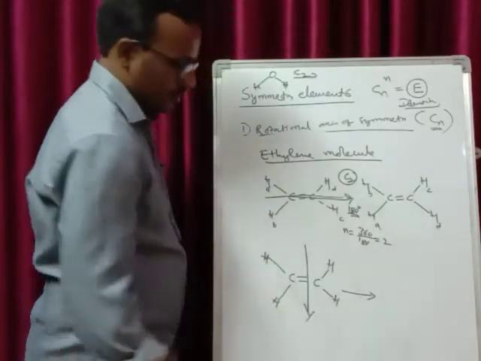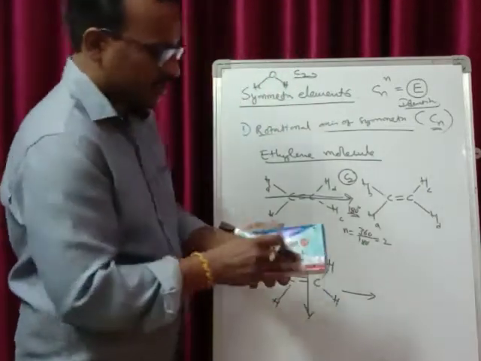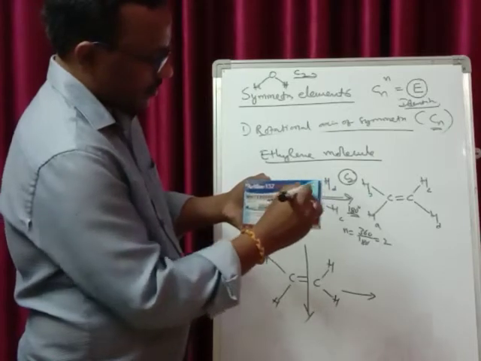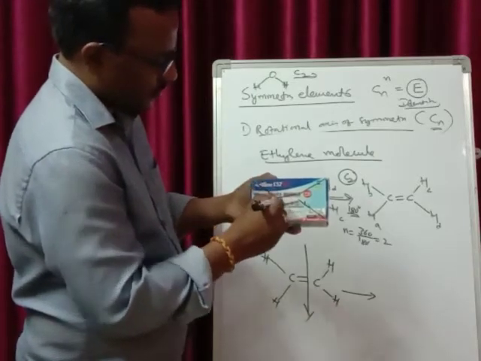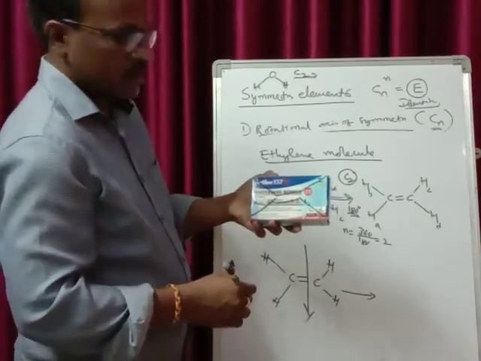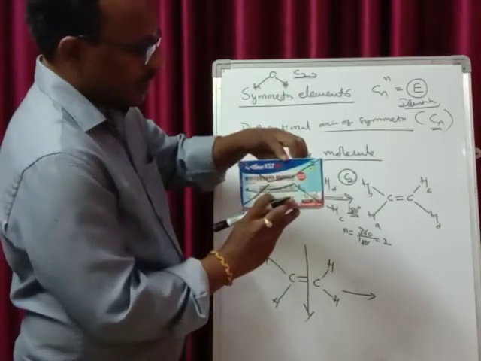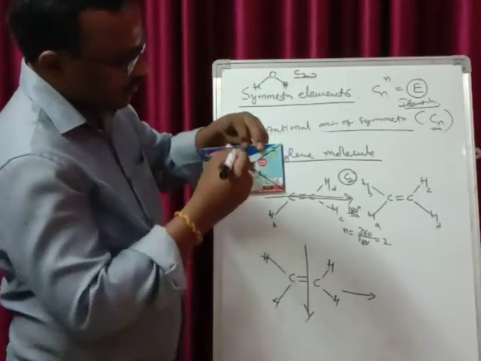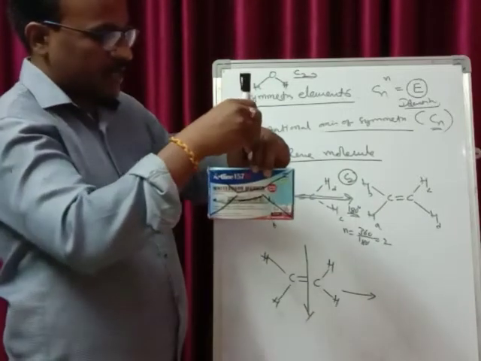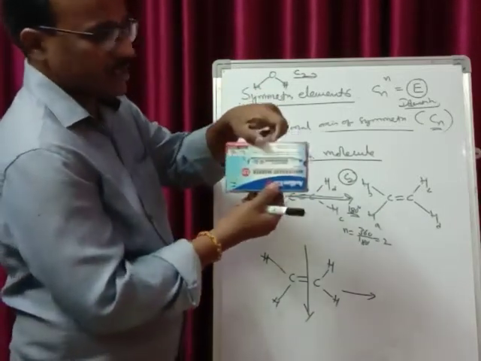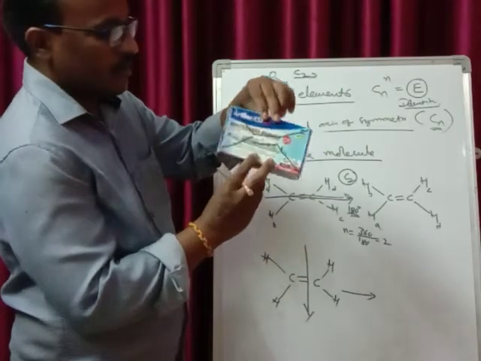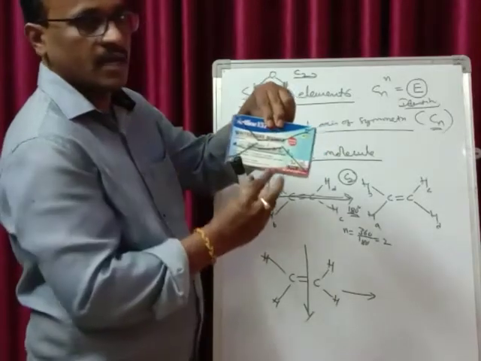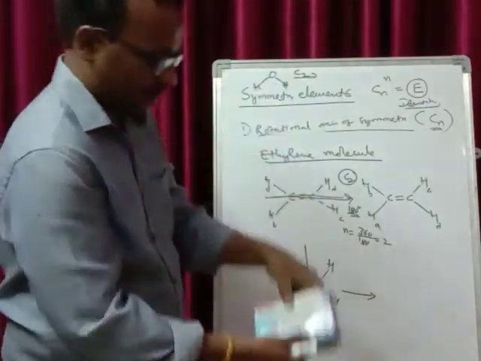That is, the axis is passing through this. Understand that these are the four corners. We have the four hydrogen atoms. What I am doing is rotating. The axis is passing through the center of this double bond. This is your double bond. The axis is passing through the center like this. Now rotation by 180 degrees. You can see that the hydrogens which are on the right side will go to the left, and the left will come to the right position. This is how it is happening.